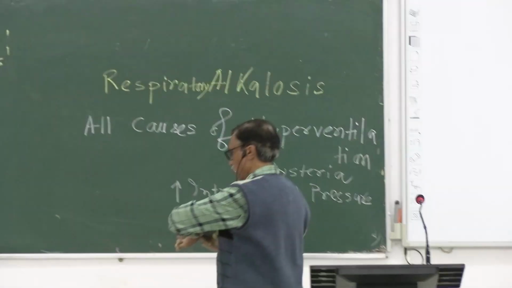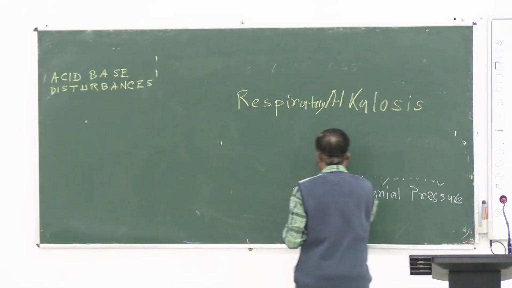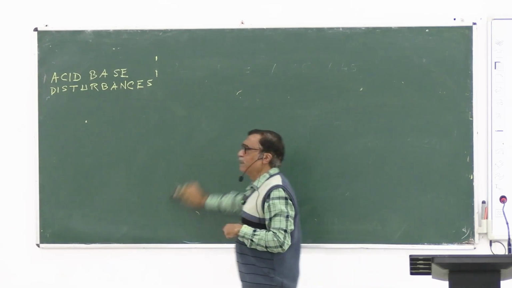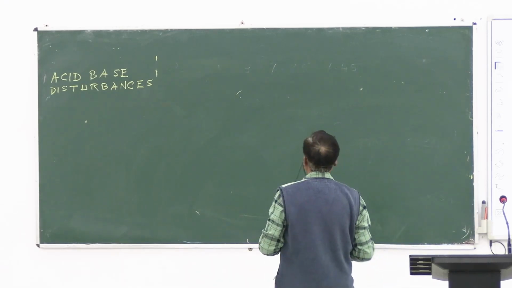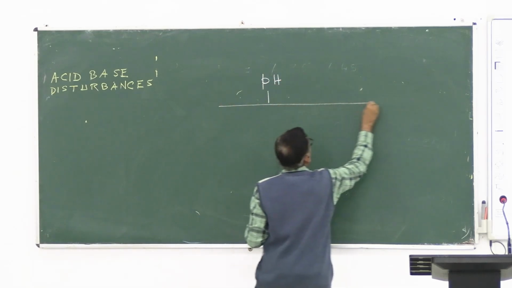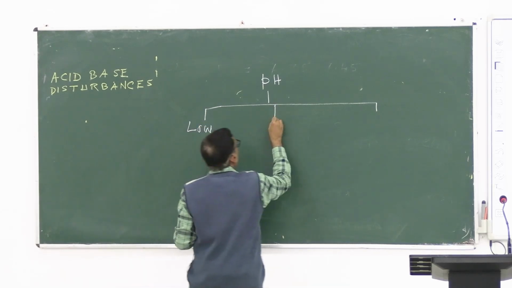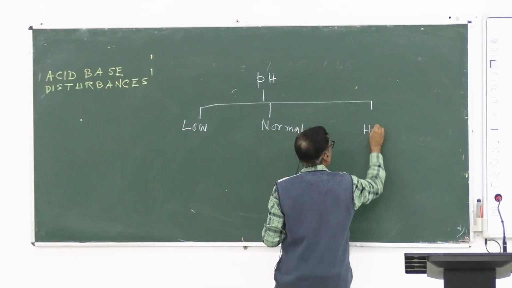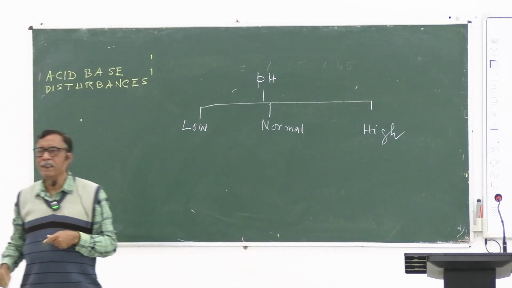তাহলে আমি একটা অ্যালগরিদম বানাচ্ছি, how to identify the nature of the acid base disturbance from a problem. How to identify the type of the acid base disturbance? কি দেখবে প্রথমে? ফার্স্ট অফ অল ইউ উইল সি দ্য পিএইচ। পিএইচ দেখবে আগে। পিএইচ কি হবে? লো হতে পারে, নর্মাল হতে পারে, হাই হতে পারে। লো মিনস লেস দেন 7.35, হাই মিনস গ্রেটার দেন 7.45।